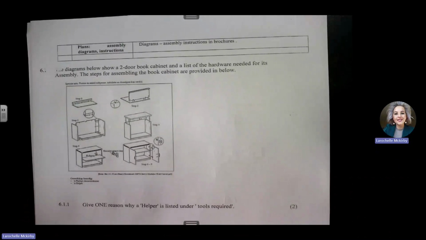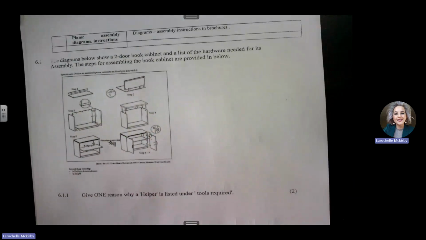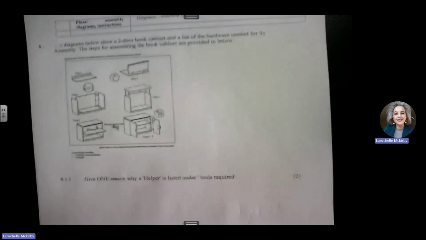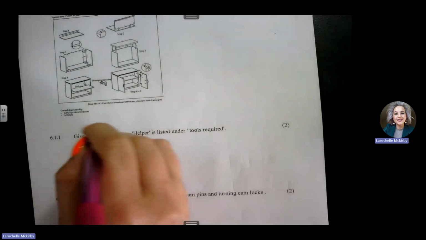The diagram below shows a two-door cabinet and a list of hardware that is needed for the assembly. The steps for assembling the book cabinet are provided below. Okay, so there are the steps for assembling. Now, I see that there are a few things that you need extra. 6.1.1 tells us give